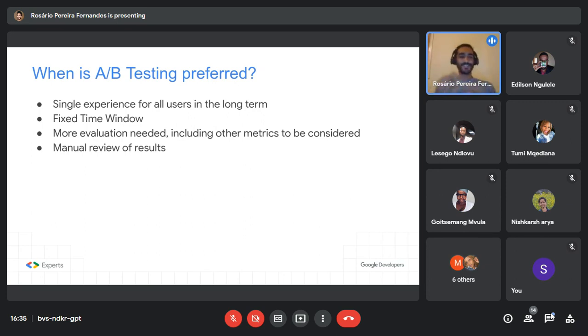So that's when you would prefer to go with A/B testing, because in personalization you don't have that option of getting the list of results first before acting on it. On personalization, it just gets deployed to every user, and then every user might see it. While in A/B testing, you can actually choose when to deploy this change to every user.